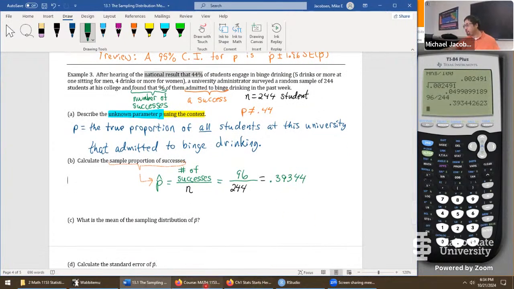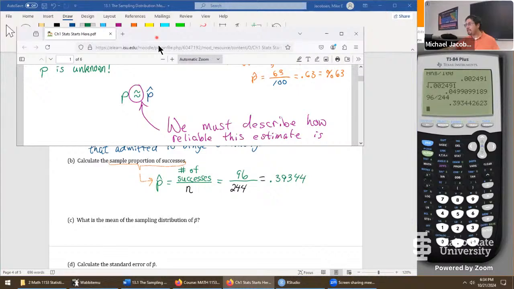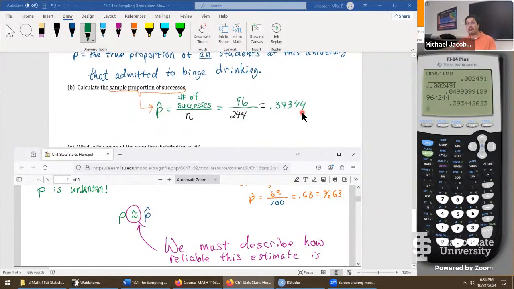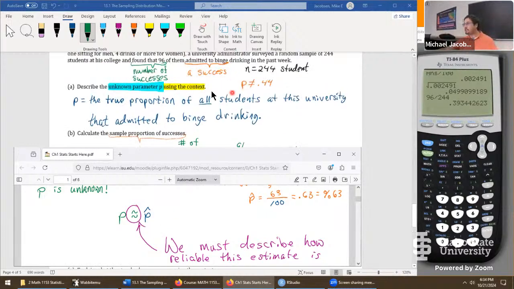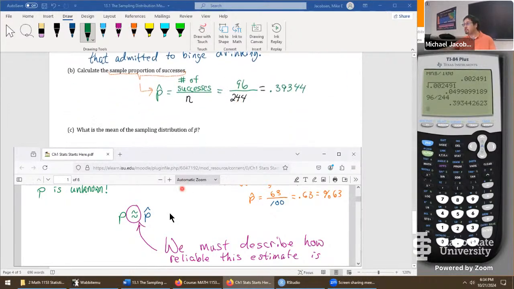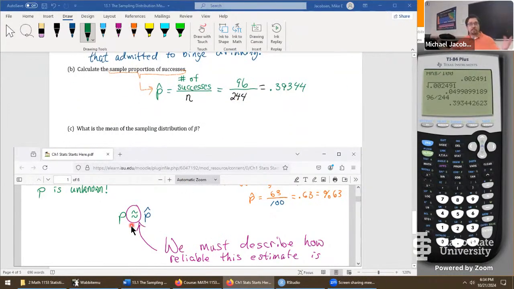This value 0.3944 is this value right here, but it's being approximated by a statistic, p hat. And there is error in that approximation. That error could be wide enough that it takes on a lower or upper value of 44% when we actually go to the confidence interval. So when we go to describe the error, we get a range of numbers that goes beyond 44%. What it tells us is this university is not special at all, even though the number looked great at first.